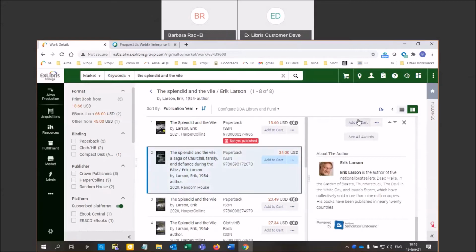So either from here or from here, I can say that I want to add to cart. Before I add to cart, I just want to point out this little button here, which tells me that I can add to a list. So one of the functions that we're going to look at through this session is that we can manage lists, and I am able to add an item to a list. As I scroll through, I might decide I don't want to order it now, but this is interesting. I'm going to add it to a list and come back to it later. But at the moment, all I'm going to do is I'm just going to click Add to Cart,